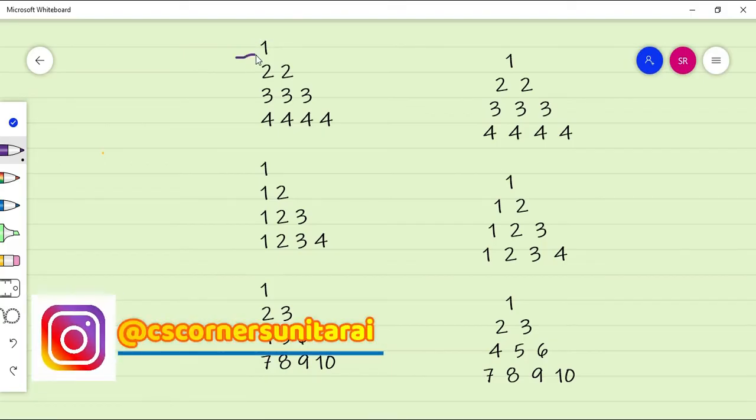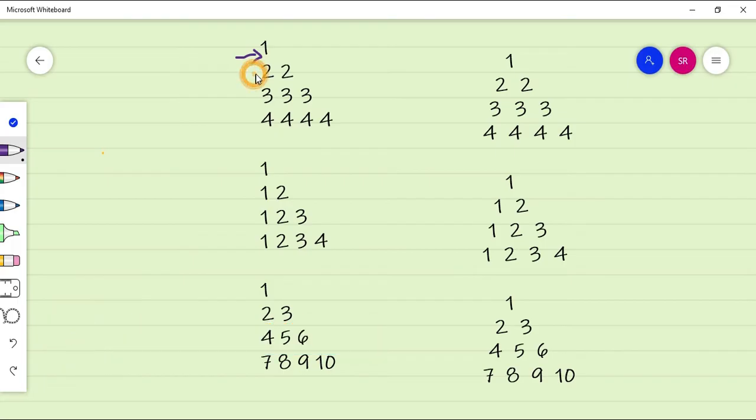So here you can see I'm having 1, then I'm having 2 twice, 3 three times and 4 four times. If you observe here, these are nothing but values of i. Why? Because these values are not changing. Once it is printing 1, then twice it is printing 2, thrice it is printing 3, and 4 times it is printing 4.